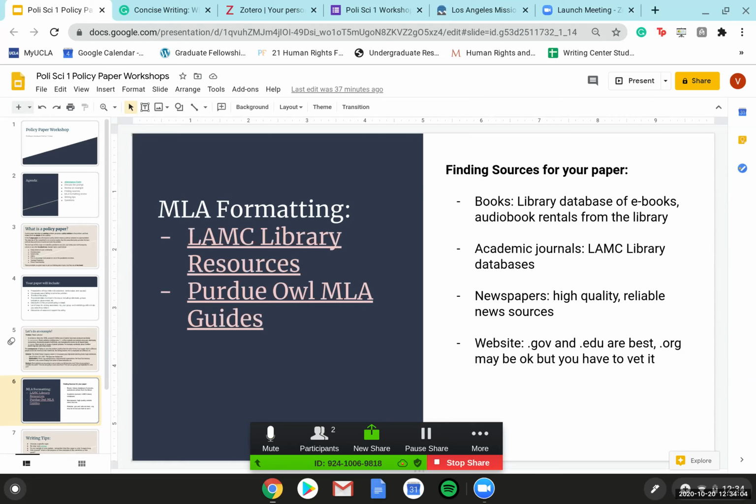So you hopefully saw from the prompt, you have to find 4 sources for your paper. One has to be a book, one has to be an academic journal, one has to be a newspaper, and one has to be a website. So I'm going to talk really briefly about how to find the best sources for each of those different sections. So for a book,